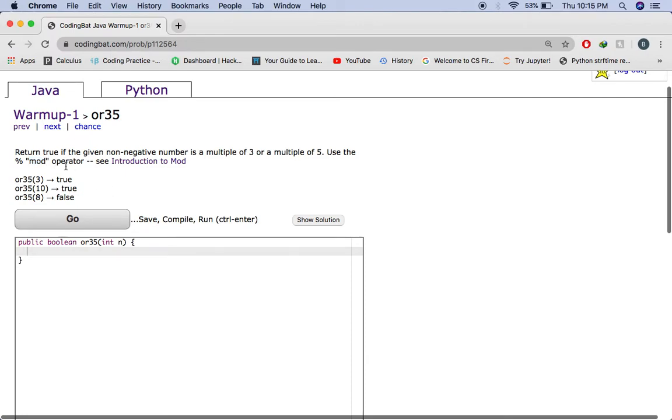So, what is mode? Let me try to explain it first. It's basically, it gives us the remainder of a number. Остаток на русском. So, let's say we try to divide